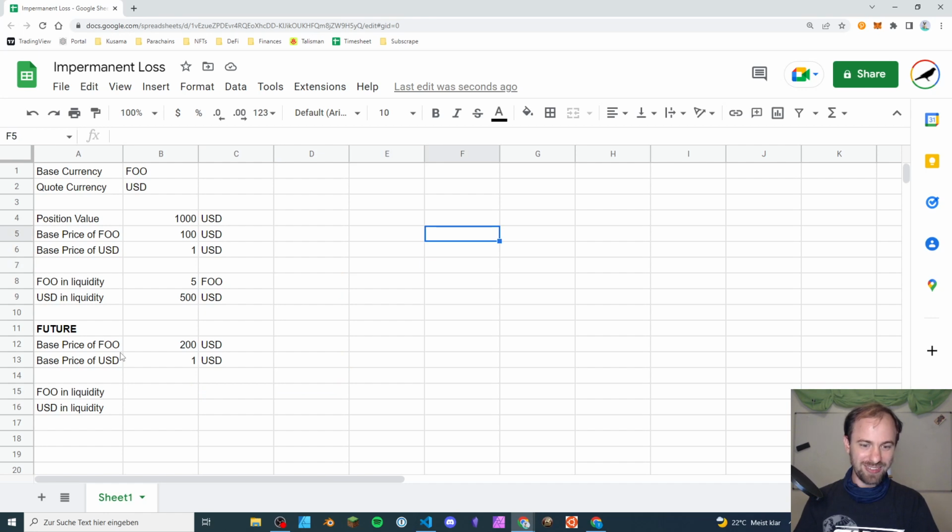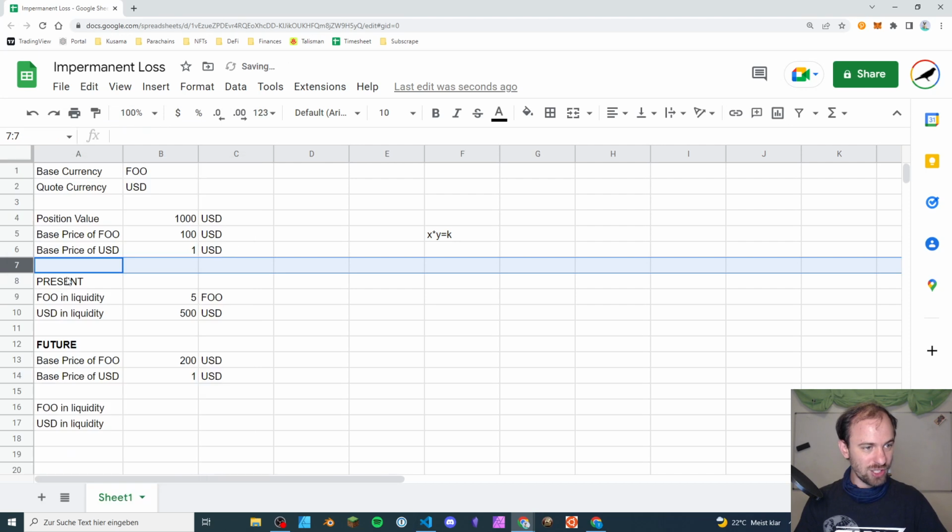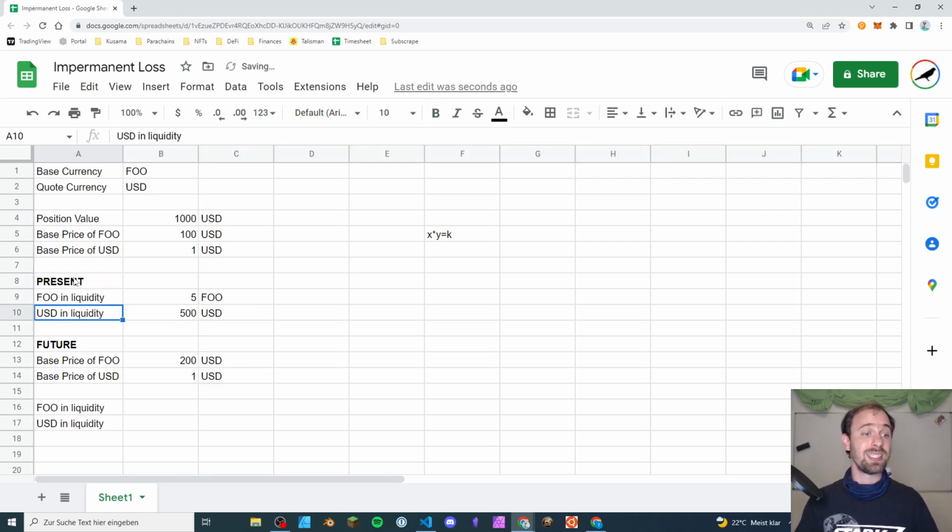So the basic assumption is that a liquidity pool works under the assumption that x times y equals k. What does it mean? It means that if you multiply the amount of token 1 and token 2, you will always arrive at a constant value. Or in other words, whatever the composition initially is at the present point in time, whatever this value is, the same constant that we arrive at here will also be valid in the future. So in other terms, we want to determine k for the present, and k is